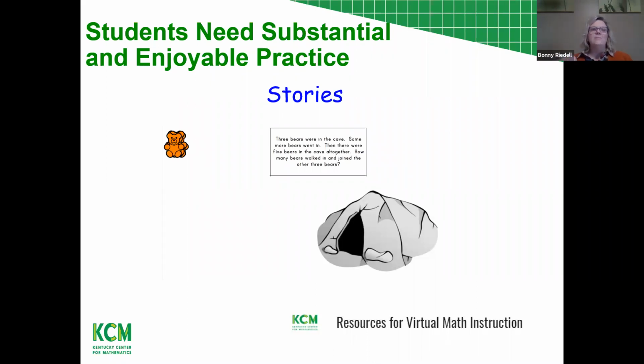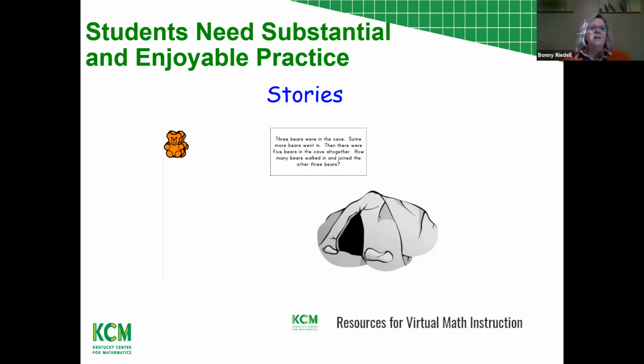So you can see in my very first slide here, we have a clip of one of our resources for virtual math instruction. And this is just like a storyboard that we might have used in one of our face-to-face trainings, where students would get out the manipulatives and they would tell each other stories. So the storyboards give the student context for adding and subtracting and using